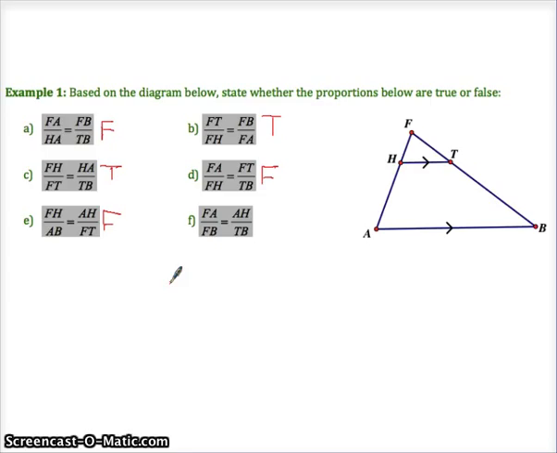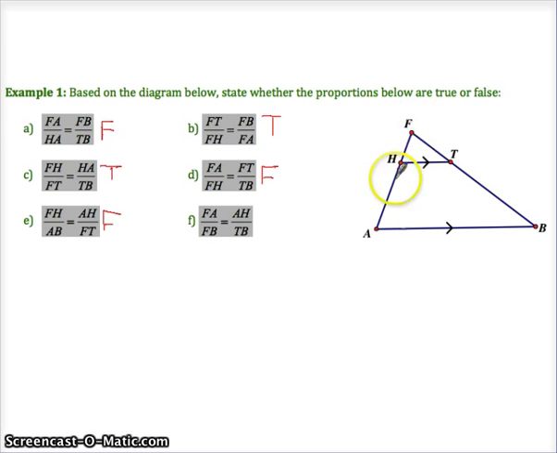And it has to correspond, and it has to line up. The other thing is the two different sides and the two different triangles kind of have to make sense. These false ones here don't make any kind of organizational sense. All right, next one, FA, which is full side over here, is to